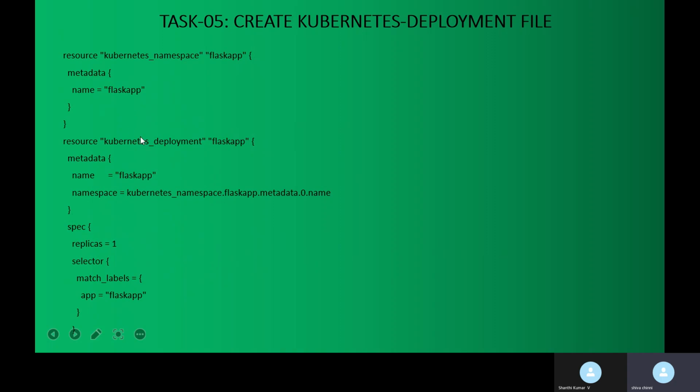So next, I need to create the deployment. In order to create the deployment, I have taken another resource, the Kubernetes deployment, and I have named it class cap. I need to mention the metadata, and I have taken the name with the same class cap value, and I need to mention the namespace with the Kubernetes namespace dot class cap dot metadata, and I need to mention the specifications in order to create the